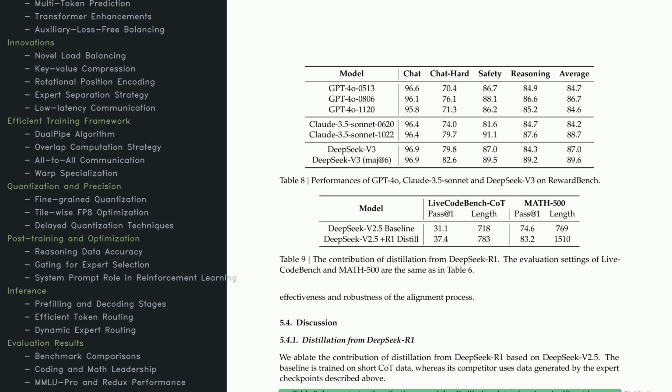Here the paper shifts to RewardBench results. DeepSeek V3 is almost on par with Claude 3.5 and GPT-4 variants in conversation, safety, and reasoning. The tables show that distillation methods improve math and coding outcomes. For example, distilling from DeepSeek R1 pushes up success rates on LiveCodeBench code and MATH-500 and lengthens outputs. Overall, the model does well in critical thinking tasks and safety, proving that the right distillation steps can refine its